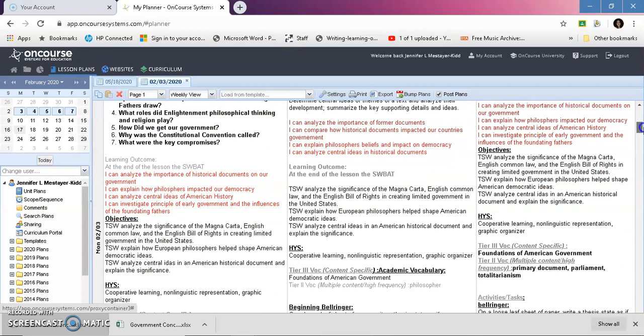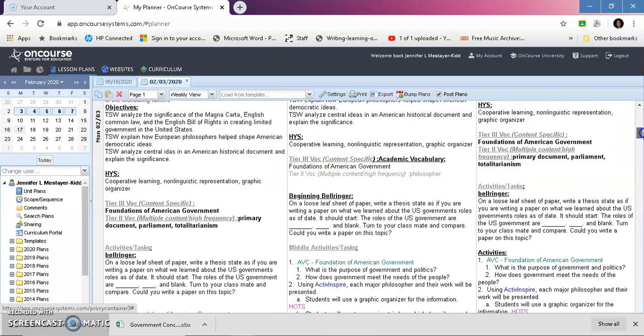Here you see my learning outcome, my objectives. This is high yield strategies, the different things that I will do to make sure my kids can break down the reading aspects. That is not expected for you guys, but it was something that we incorporated along the way. Same thing with the academic vocabulary. That was something we incorporated. We call it key concepts now. That is not always mandated. It depends on the school and the teacher.